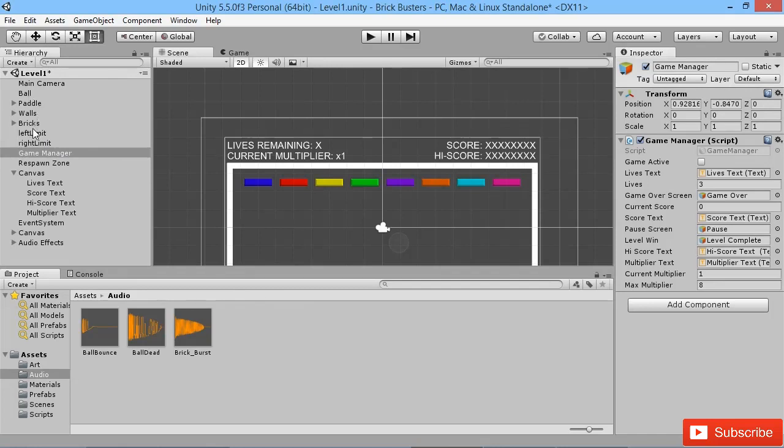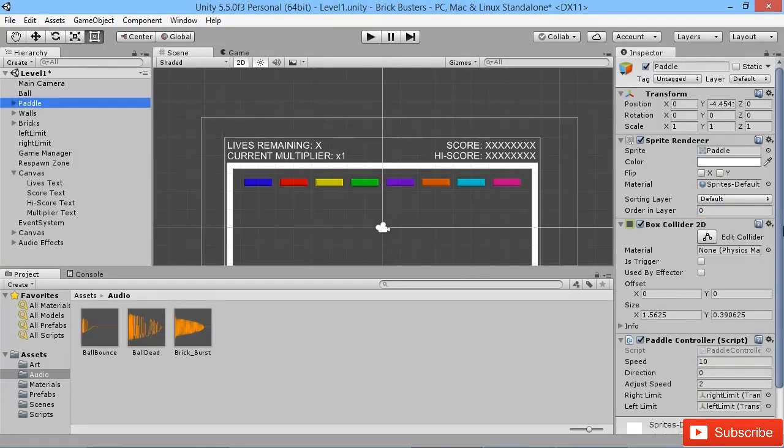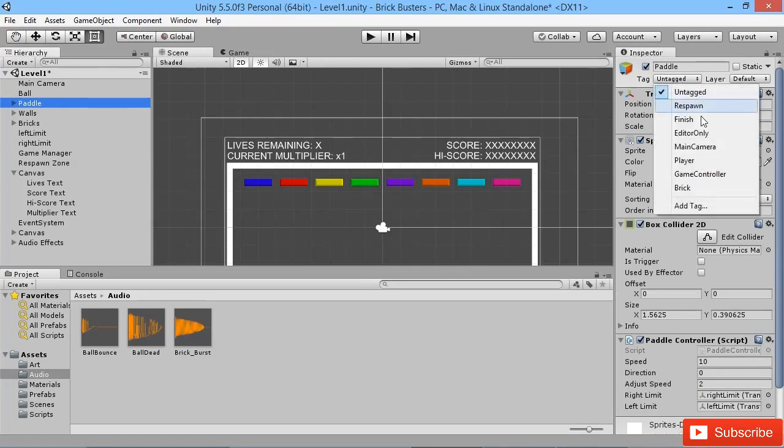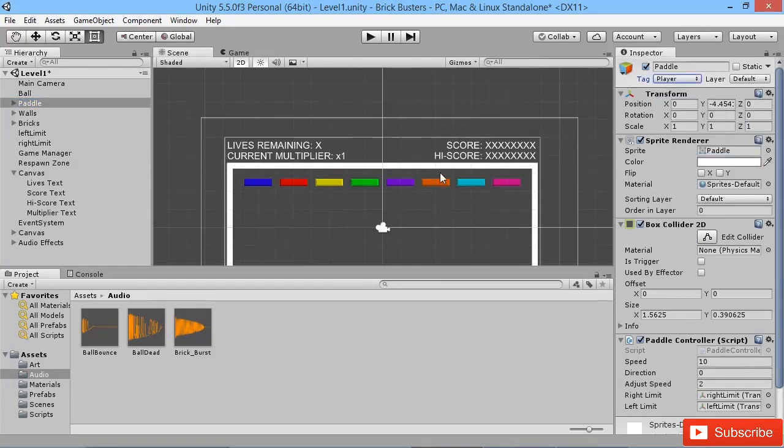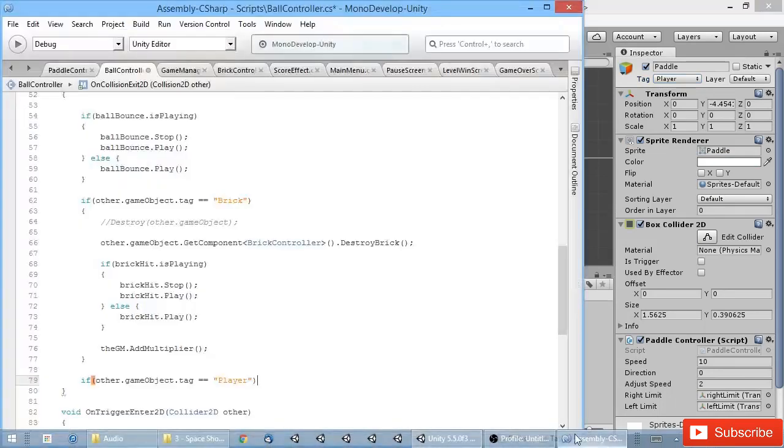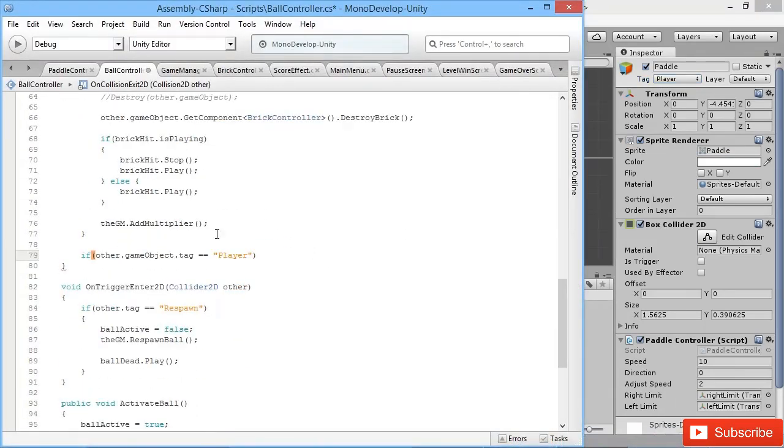We can wait for it to compile, there we go. We can go to our paddle, which is basically what represents the player, and go to the tags and go down to player here and add that as one of the tags, so we don't have to go through the hassle of creating a new tag for it. So basically what we're saying now is if the other tag is the player,